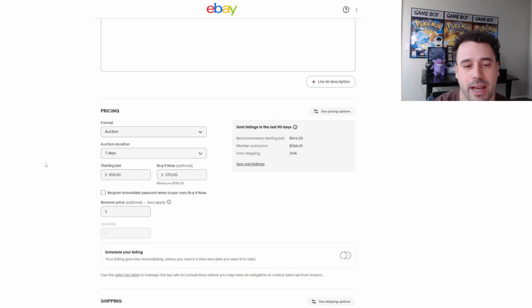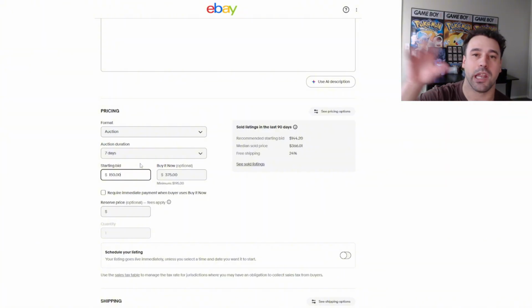You don't want to be that guy that has to cancel because something went wrong with the listing or whatever. Just start at half the price. This will not go for $150. You'll probably get a bid the day of somebody who max bids 300, but you're going to get a lot more